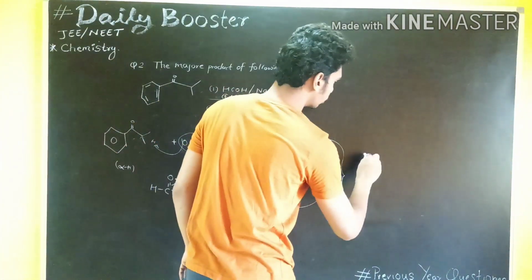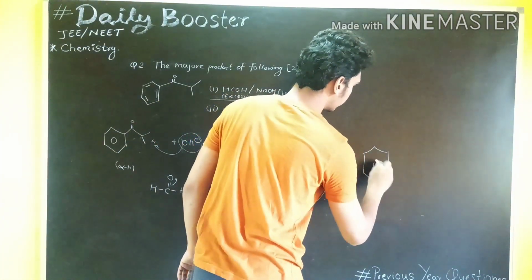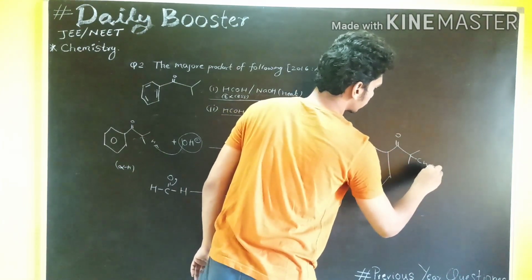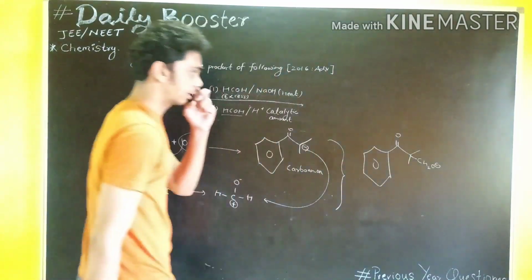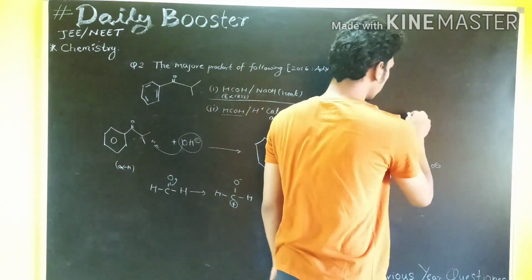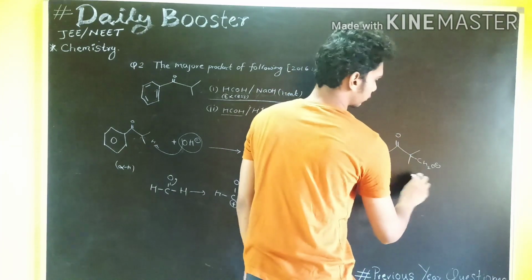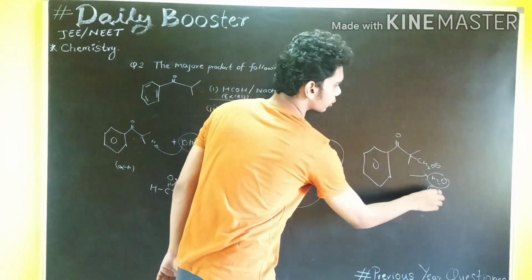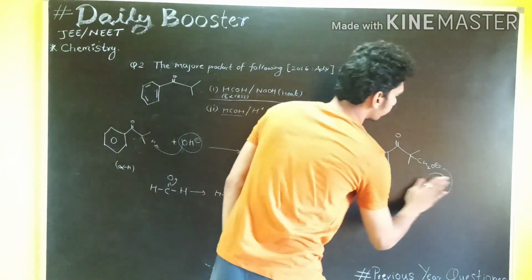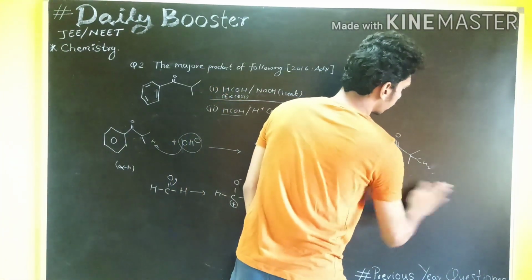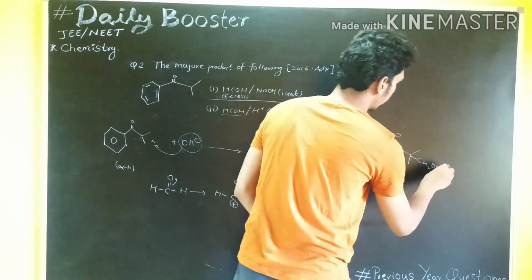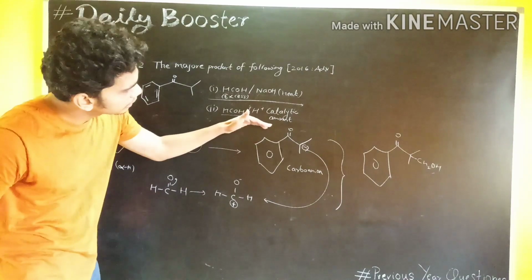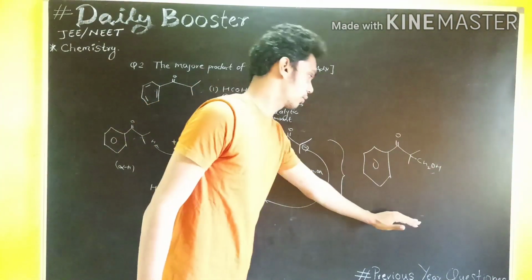This leads to formation of this group, that is your CH2O minus. Now if there is a water molecule there, definitely one hydrogen attacks here, and I'm writing directly over here, there will be formation of the alcohol. Now this is the first step. In the second condition, what have we been given? H plus in a catalytic amount. So this is the first step product we are getting.